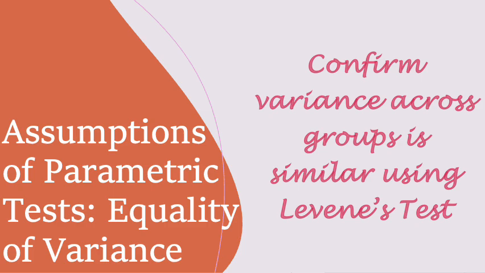Similar to normality and independence, the factor that needs to be assessed for equality of variance is going to depend on what variable you are using, based on what test you chose. Equality of variance means that variance across groups should be similar. For example, if you are measuring blood pressure in group A and group B, the variance across the individual blood pressures obtained from participants in group A should be similar to the variance of the independent blood pressures obtained from participants in group B. To confirm equality of variance, you should use your statistical software to run a Levene's test,